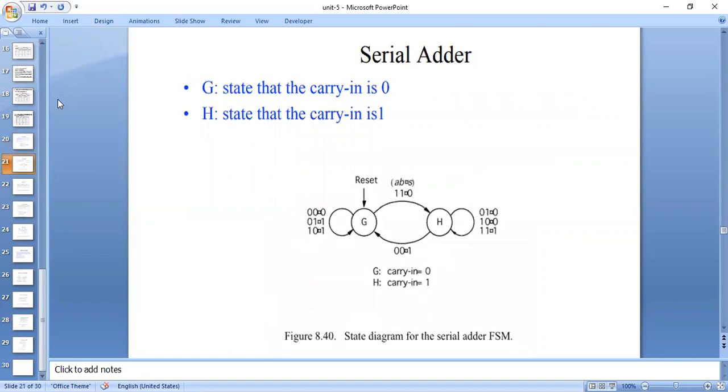So how can we draw the state diagram? See, from the previous block diagram, we need an adder circuitry. For this adder circuitry, we give two inputs. These two inputs are the two 4-bit numbers, and it will produce the sum, and another output is the carry, and that carry will be stored and again applied as input to this full adder, right?